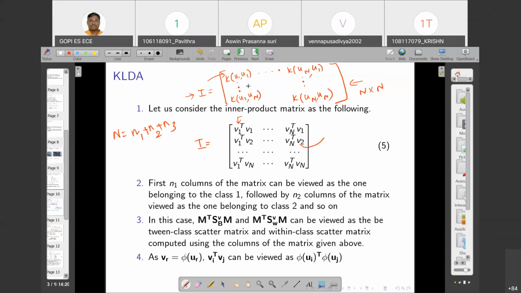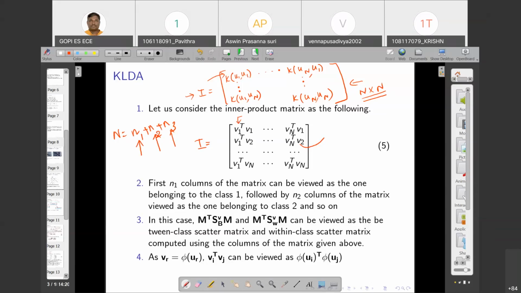So it means that the matrix you get is of size n cross n, right? So n1 is the number of vectors in class 1, n2 is the number of vectors in class 2, n3 is the number of vectors in class 3, right? So now what you do is you treat